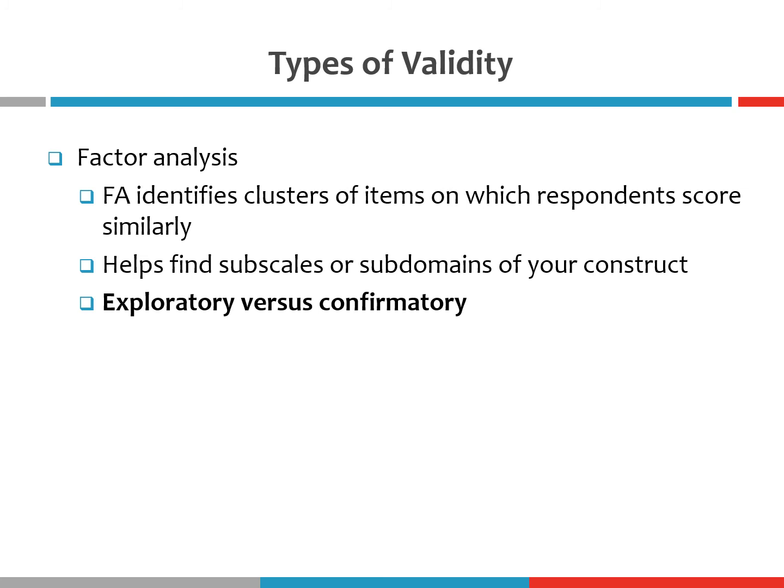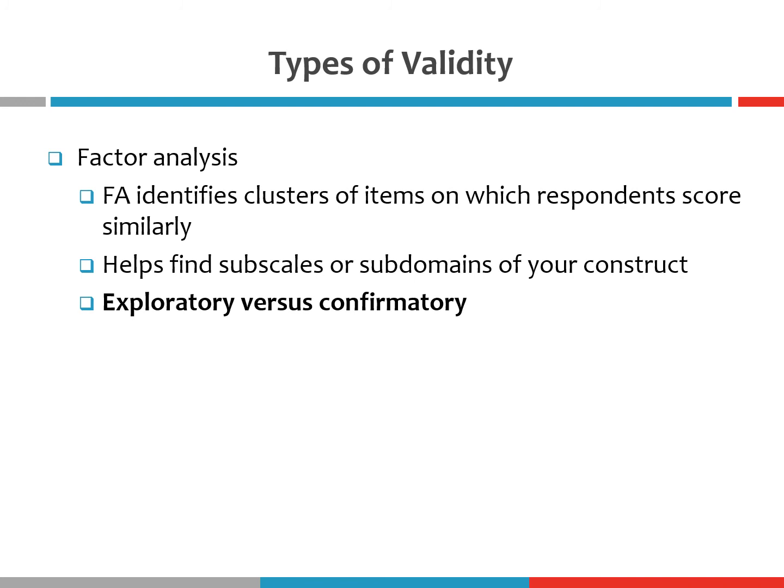Another type of validity you can use to assess your questionnaire is something called factor analysis. Factor analysis essentially looks to see if there are clusters of items on which your respondents are going to score similarly. And if there are clusters of items that respondents score similarly on, that can help you find subscales or subdomains